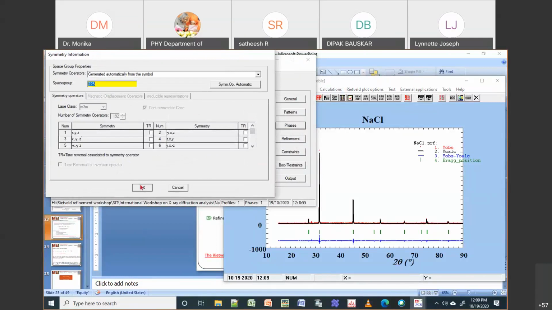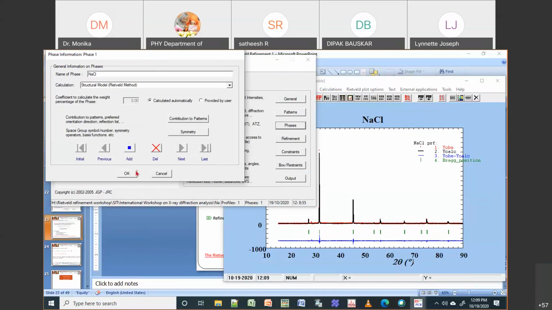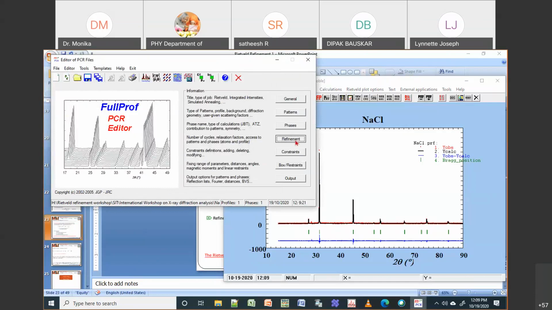and then based on that it has to change. Okay, so now if you go back here, if you go to refinement, you can see this atom has been activated. Previously, if I open the same, I will just close this. I'll open a second EDPCR. In this EDPCR, I'll open the NaCl, which is your profile matching. If I go into refinement, you can see atom